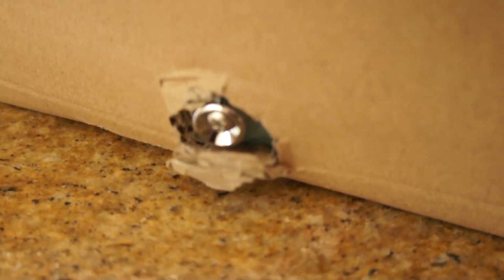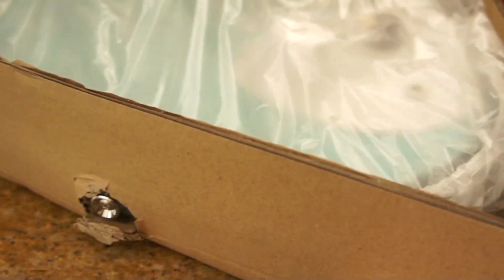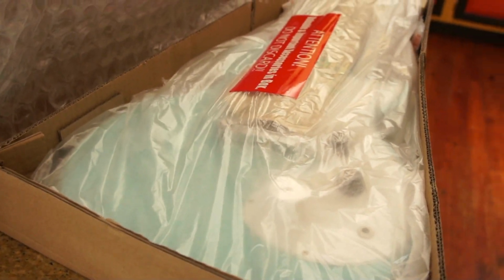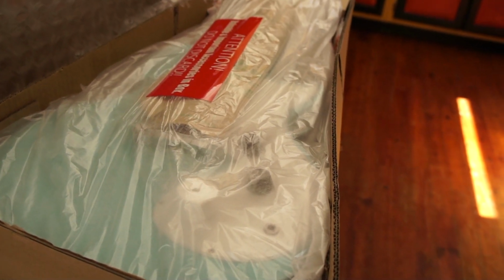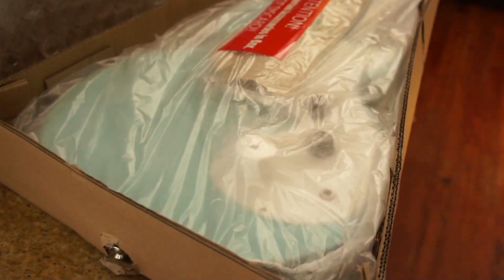Oh, this is a neat little detail here. Check this out. You can see the strap pin actually poking through the bottom of the box. It's cheaply packed. It's an interesting contrast. If you haven't seen it, there's a modern Les Paul unboxing, sort of the lowest cost Gibson Les Paul. And it's an interesting comparison to see